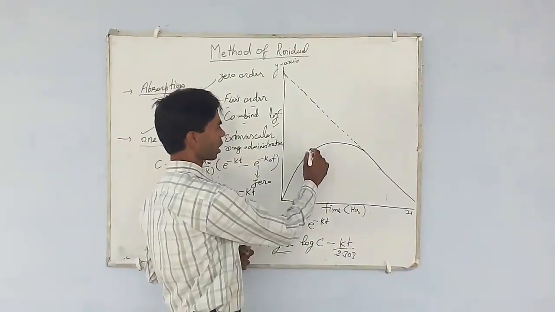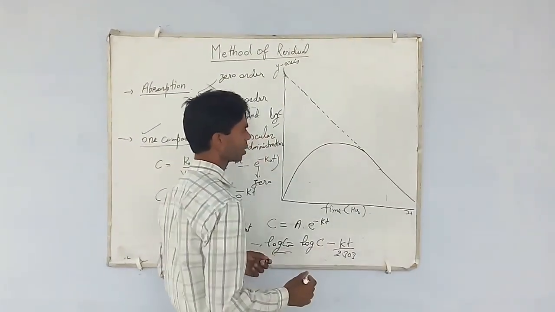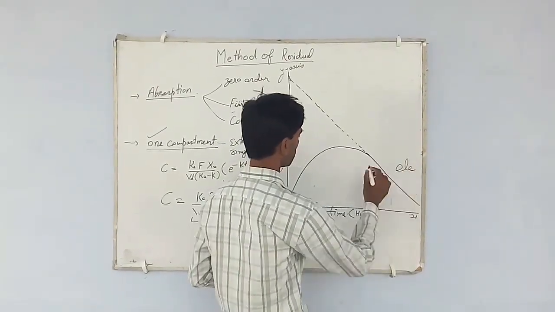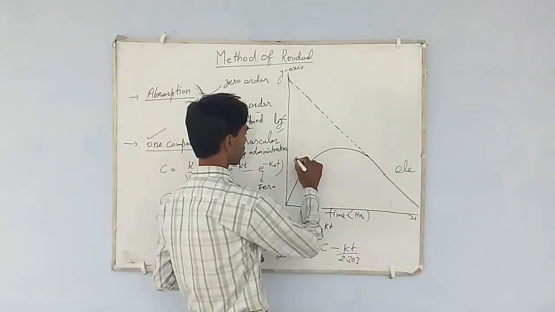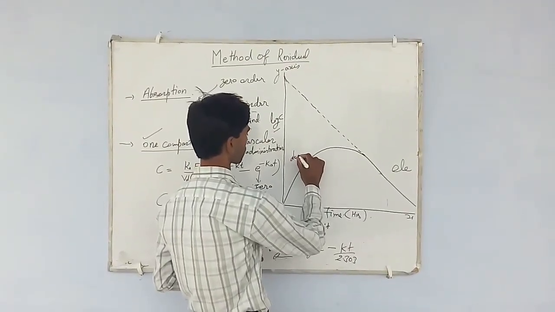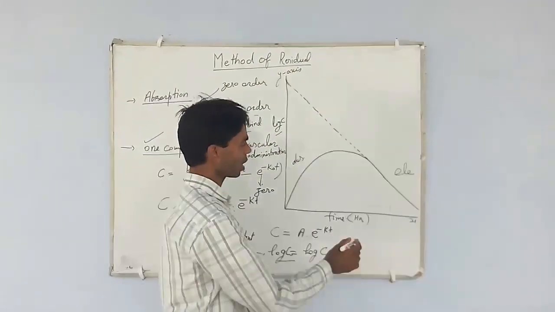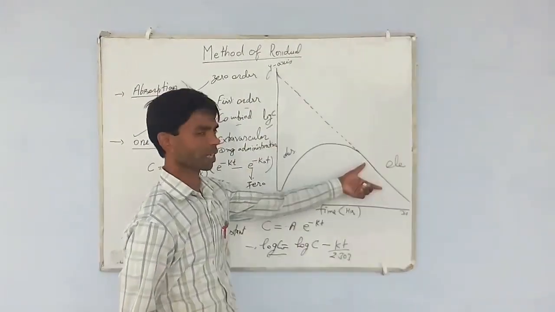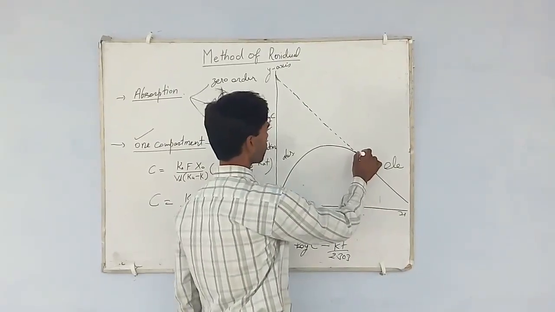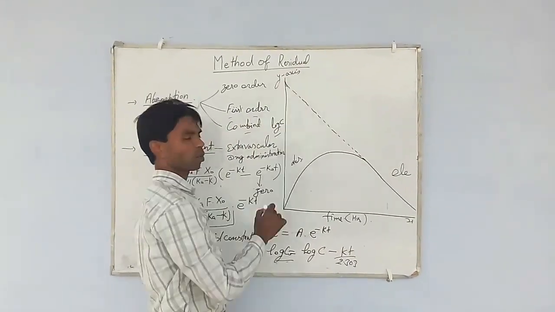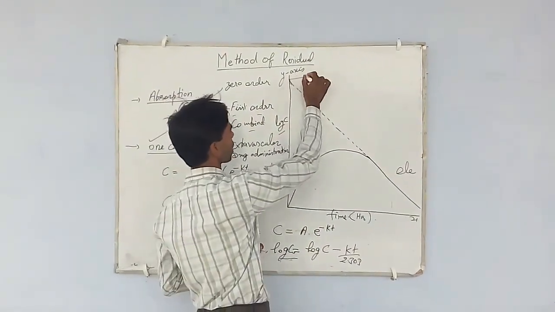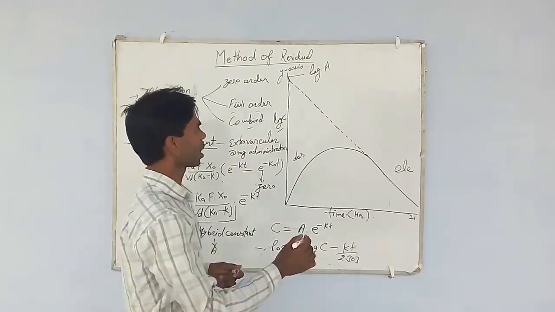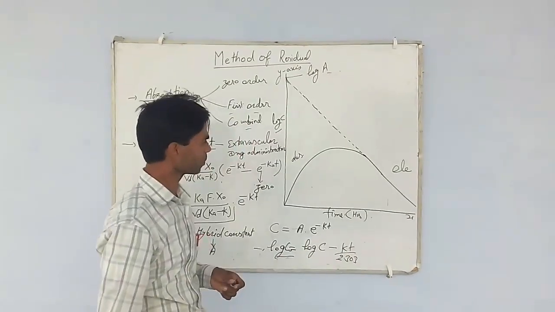By plotting the drug data, the last part of the curve is known as the elimination phase and the starting part is known as the absorption phase. From the elimination phase, we draw a straight line. The straight line is back extrapolated to intercept the y-axis. The intercept is represented by log A, also known as the hybrid constant.